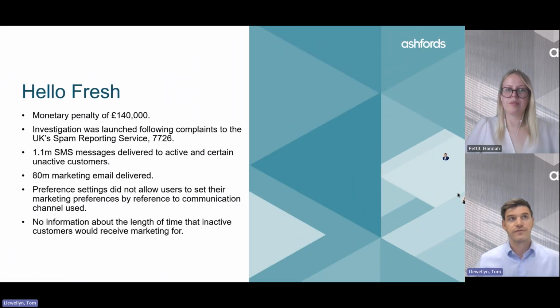So the first example is the recent example of HelloFresh, which I know as a company we'll all be familiar with. I've chosen this because it shows that, even with the best intentions, reputable companies can get it wrong and end up facing a significant fine. In this case, a fine of £140,000, the breach of Regulation 22, which, as Hannah pointed out, relates to marketing